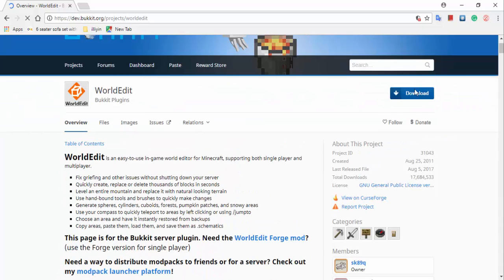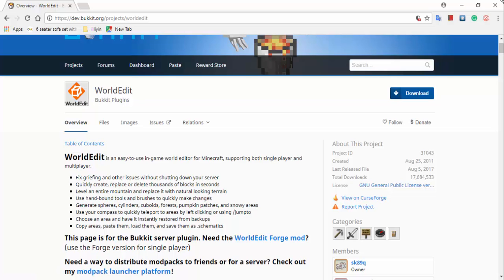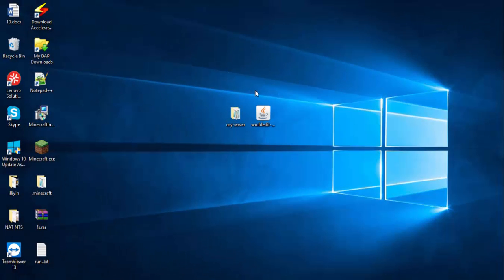You have to download over here. It will bring you over here to download it, but I have already downloaded it, so I don't want to download it. Then cancel, close this one. Here's the WorldEdit jar file. It is always a jar file, and then you have to open your